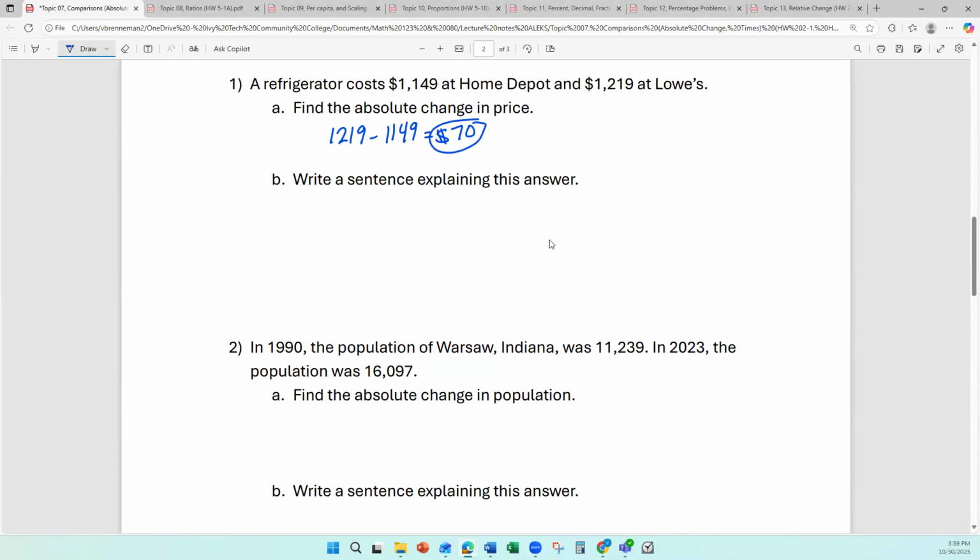Now, if it said compare Home Depot to Lowe's using absolute change, or it said compare Lowe's to Home Depot, then it's asking for a specific direction. So let's look at what the sentences would look like for this comparison to see which one would go with each of those. So I can write a sentence and I can say the fridge